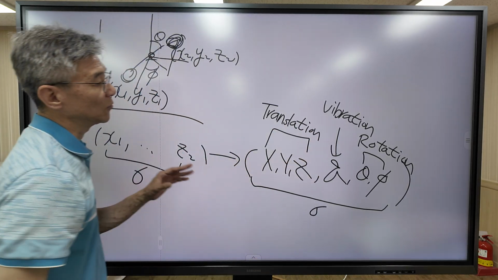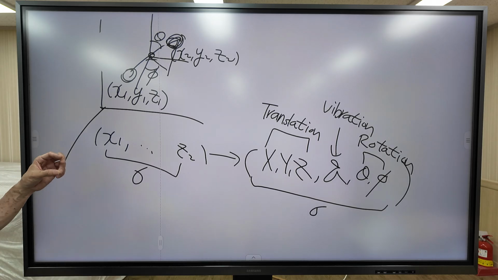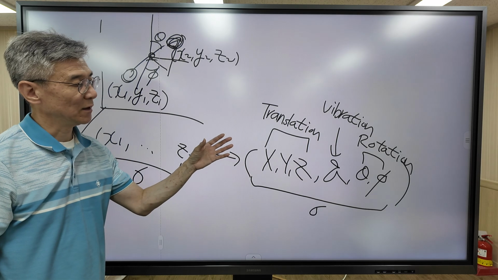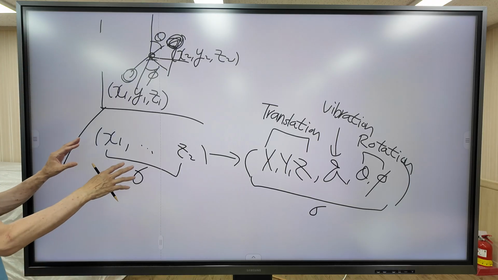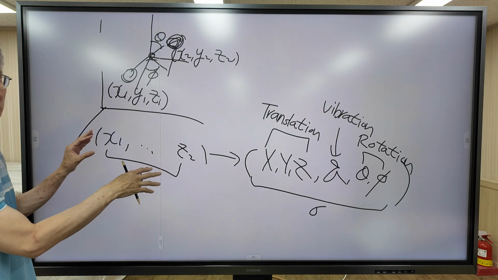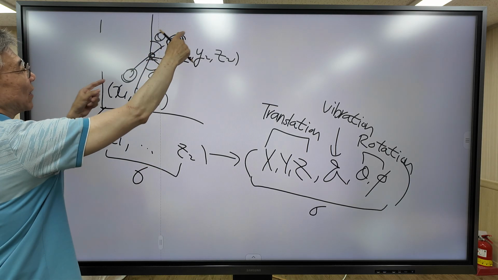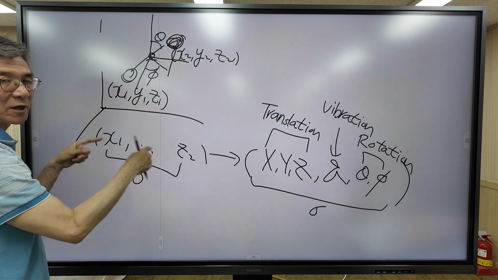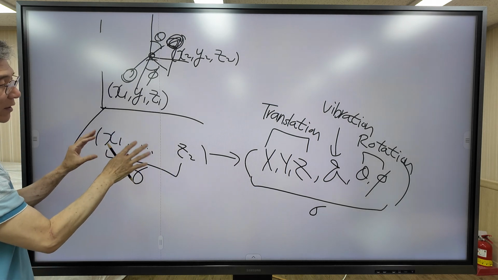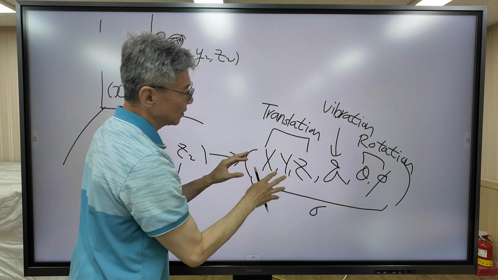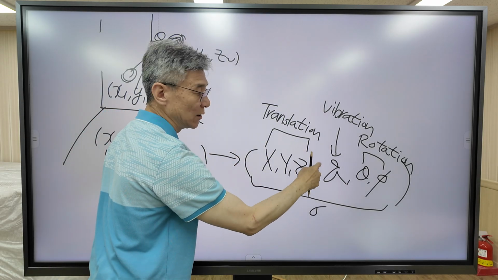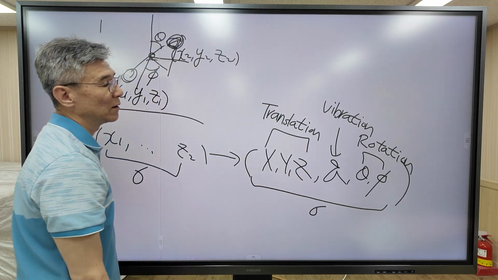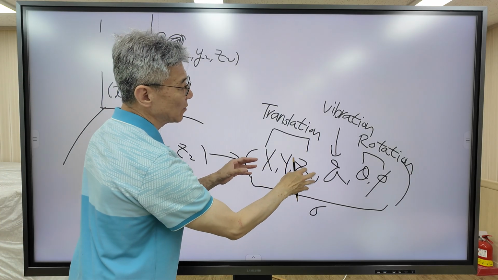So using these coordinates, we can separate each type of motion into specific coordinates. But in the other coordinates, all the motions are mixed. When molecules are vibrating, all the coordinates change. So that coordinate system is mixed. But in this coordinate system, specific types of motion are separated and isolated into specific coordinates. So chemists prefer to use this type of coordinates.